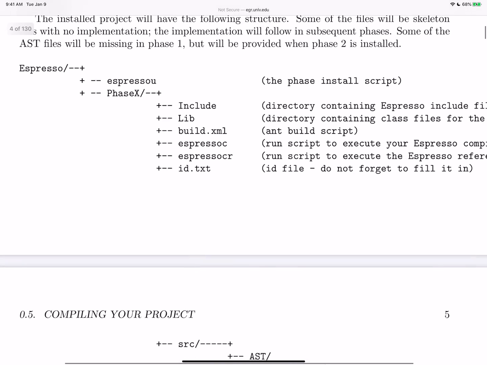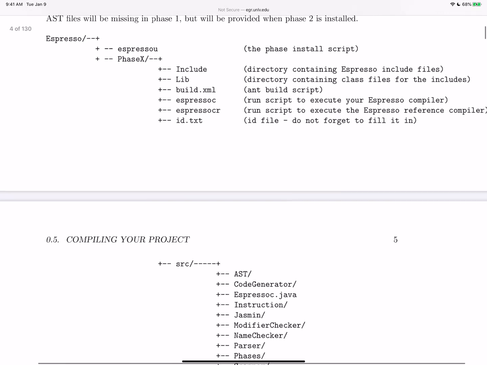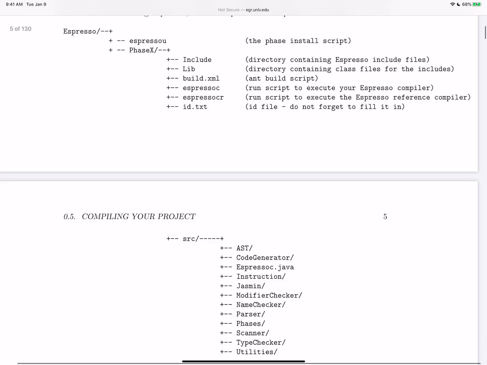Right, so take a look at this. Let's see if I can fit this on. It's getting a little small, but it'll go. I suggest that wherever you want to do this, you create a directory called Espresso. In there, you need a file called Espresso U, and you can get that one from me.